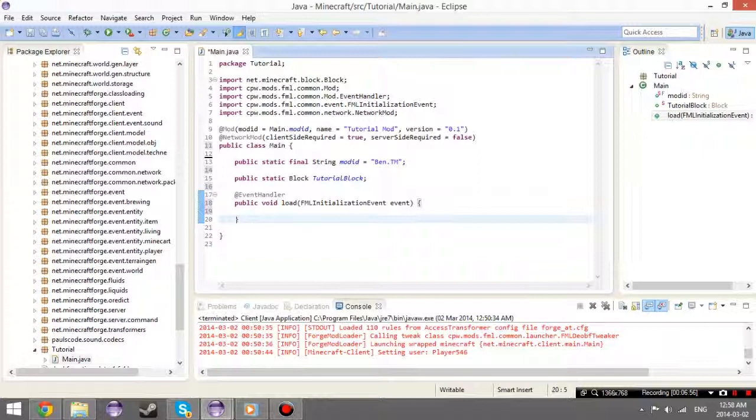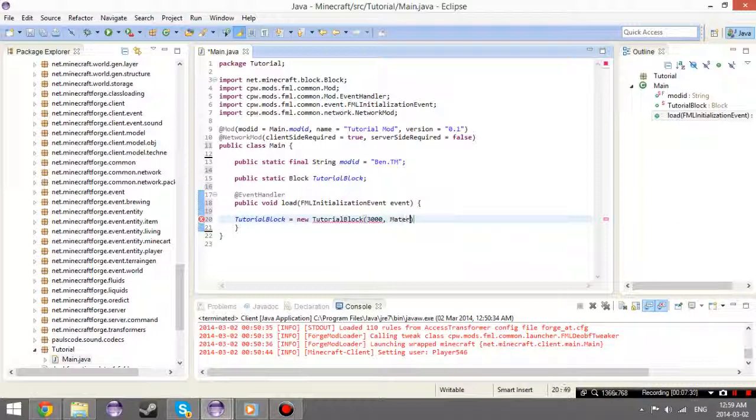Now if you type in the name, which is tutorial block, see I spelled it wrong there, tutorial block, so back down, equals new tutorial block with an ID, which will have, I mean the ID 700, but yet 3000, why not, with a